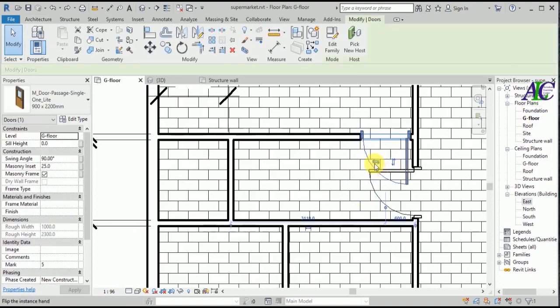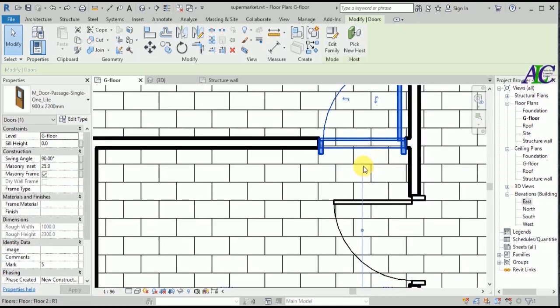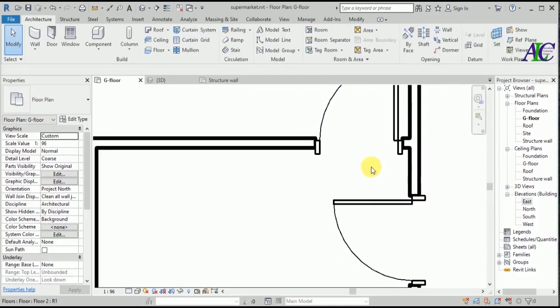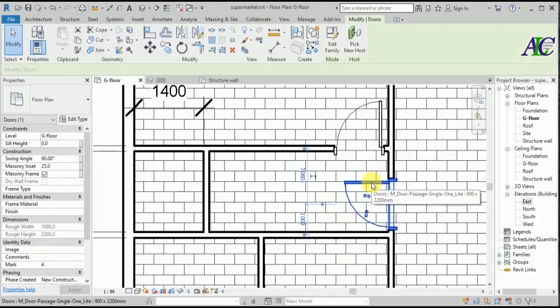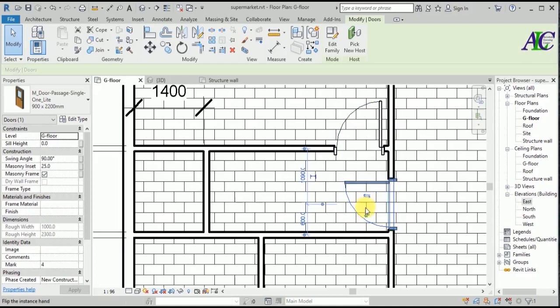So let's change the direction to open. It should be open inside, and let's move a little too far from the wall, and let's change this again. It should be open like this. Okay,